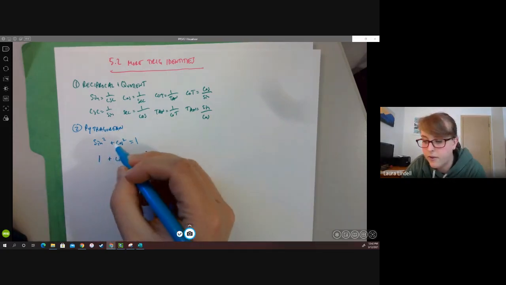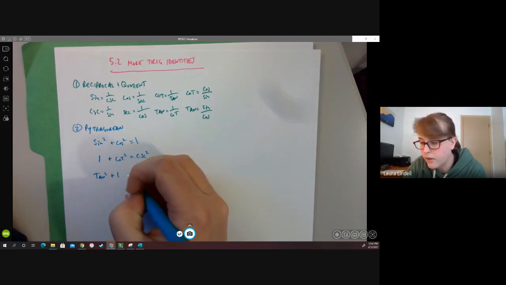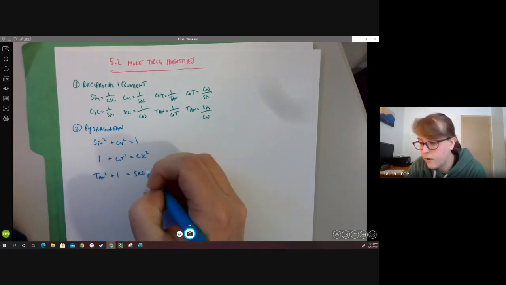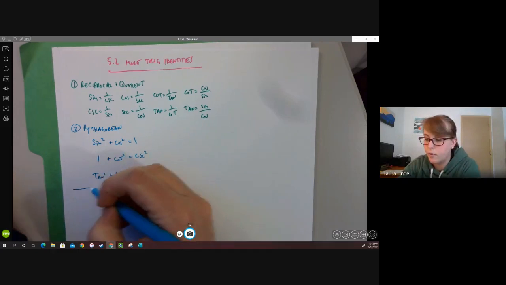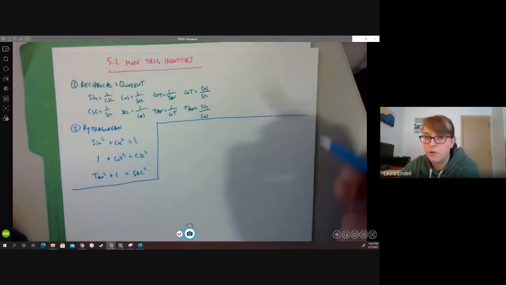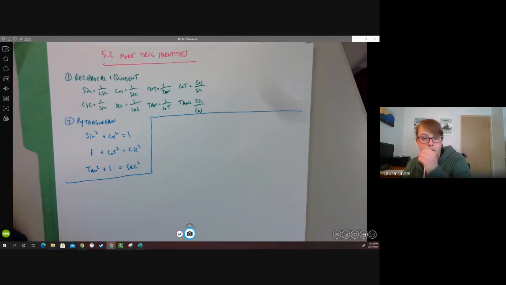Or if we were to divide through by cosine squared instead, we would get tangent squared plus 1 equals secant squared. And then we had all kinds of rearrangements of those as well, but those were the main 3 Pythagorean identities. So it's good to have those written down so that we have them nearby when we're solving